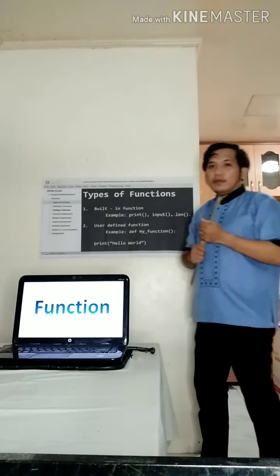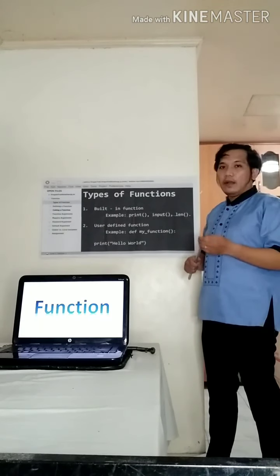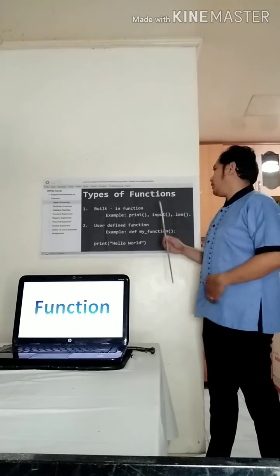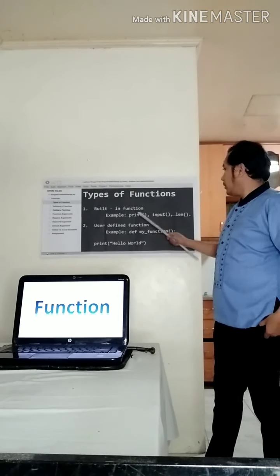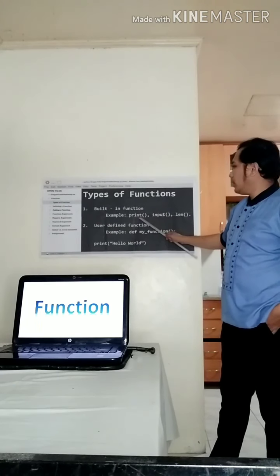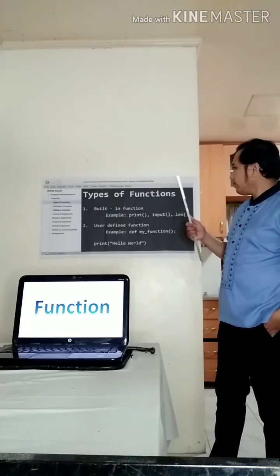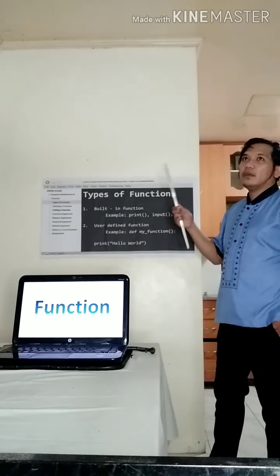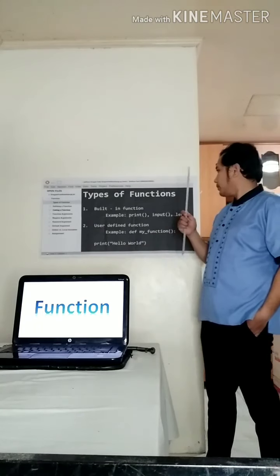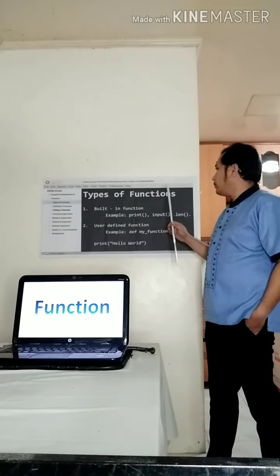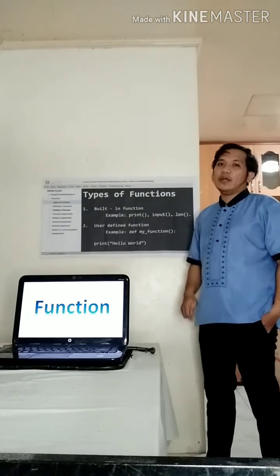Okay, my class, so there are types of functions. First is the built-in function. Examples of these are the ones that we have encountered during our past lessons, which are print and input. We all know what the print function is used for. It outputs text or displays an output on the screen, right? And the other built-in functions. The built-in functions are included in our Python when we download it.